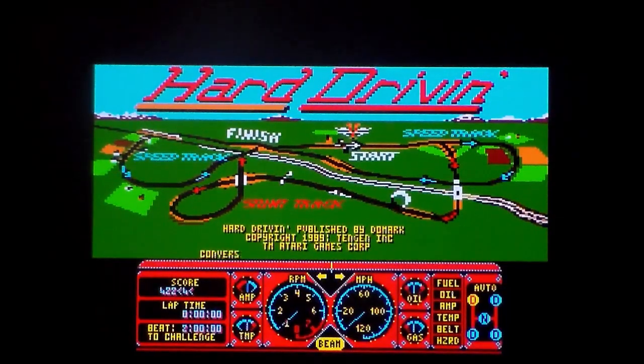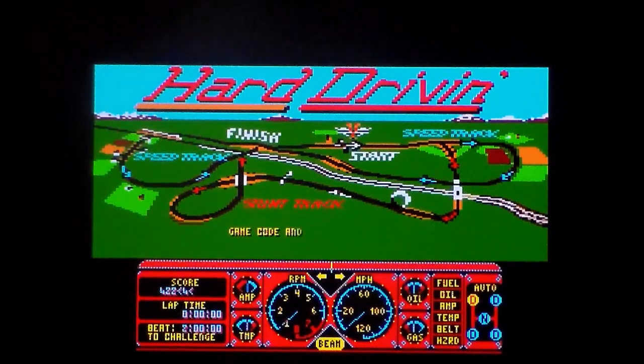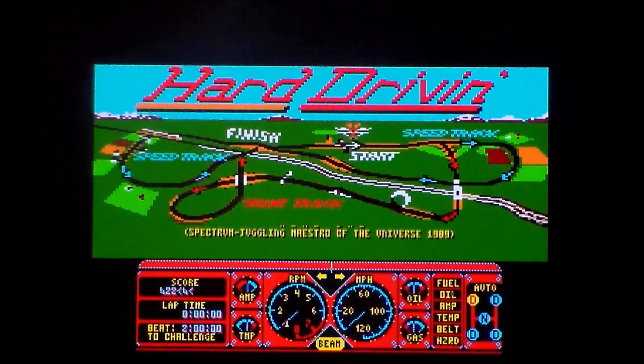So obviously there are two tracks: a speed track and a stunt track. Speed is a very strong descriptive term for what this game provides. So let's get into it. You're not going to see much, and what you are going to see is going to be very slow, but I've got to at least try and do the loop-the-loop, because that just fascinated me as a kid. Anyway, space,